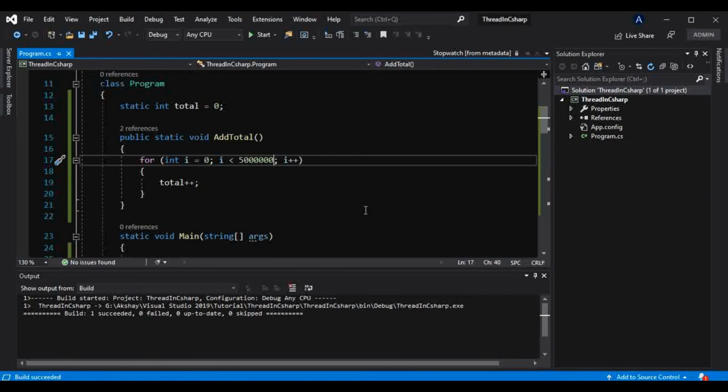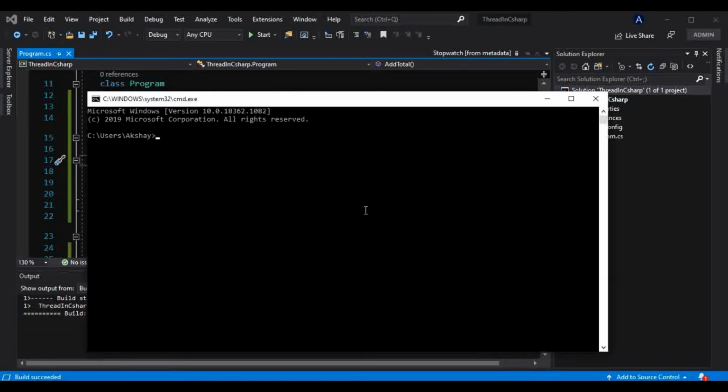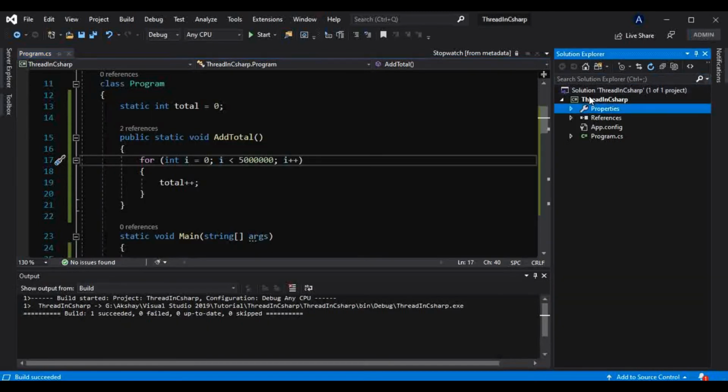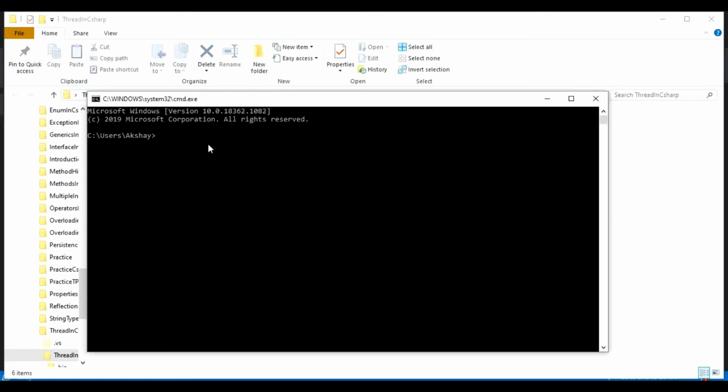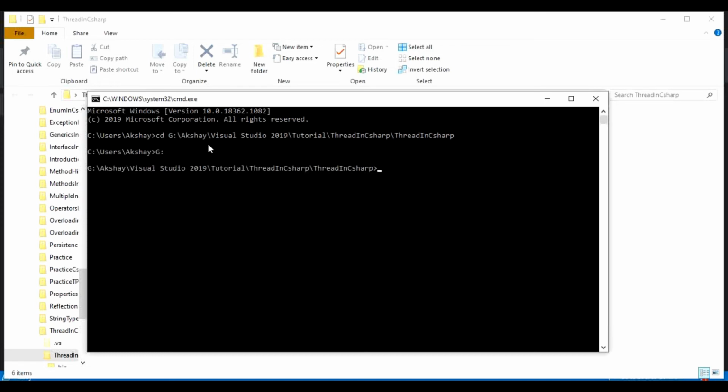And how we can do that, let me just open the command prompt here, and I will go to the location of this project, something like this, open folder in File Explorer. I will get this location, I will copy this location from here, and on the command prompt I will go to that location first, something like this. For some reason we have not reached there. Okay, so now it is good. We are in this location, basically the location of this project.